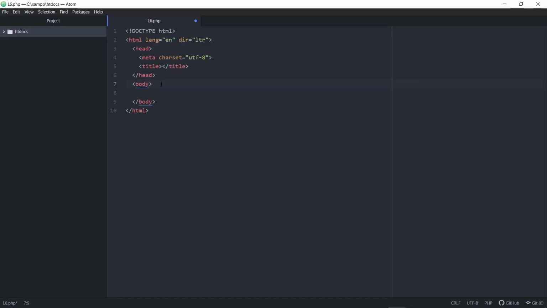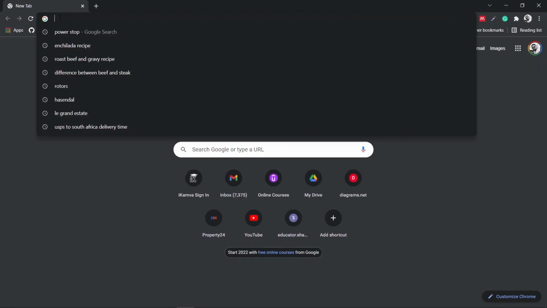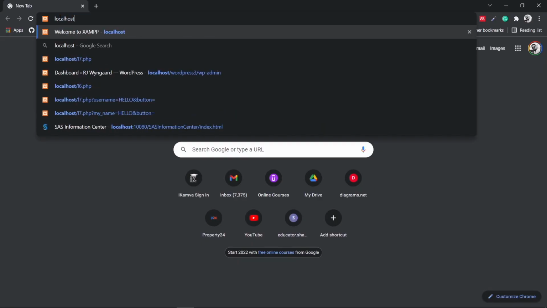And I'm simply just going to add some text to the body over here. So I'll add an h2 tag, and this is simply just going to contain the text "loops". Great. Now with that in mind, we can actually navigate to our browser and we can type in localhost, and